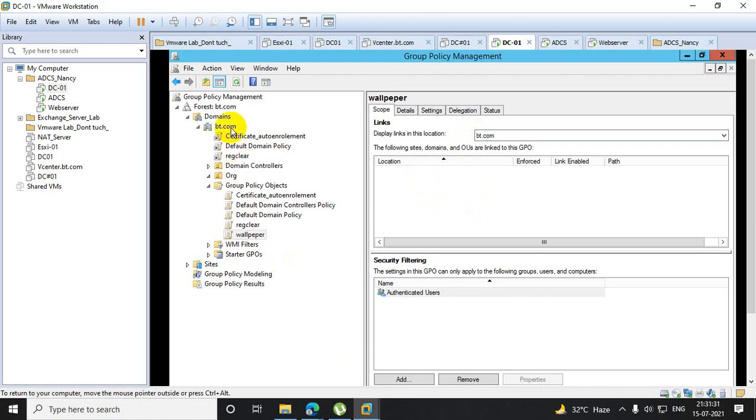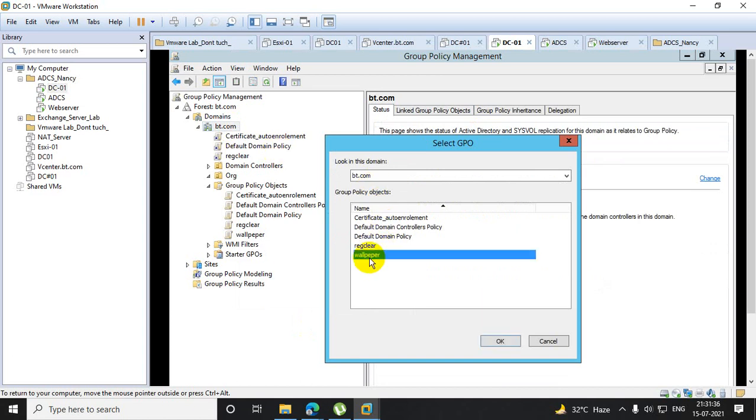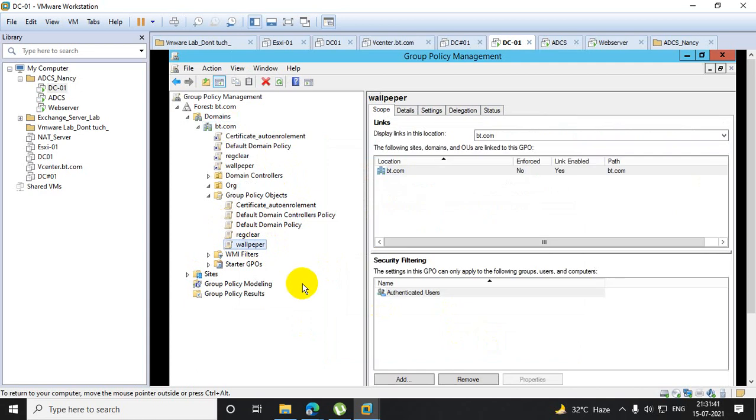Now same thing, if I click on domain and link existing GPO, select the wallpaper, click OK. Now the same policy, if you select, you will see that it is linked on the domain. So why am I telling you all these settings, guys? Because whenever you handle this kind of GPO, you never know how important it is, as it is actually automating your entire domain. Any kind of policy, customers whenever tell you okay, I need that because last day I have an office requirement.